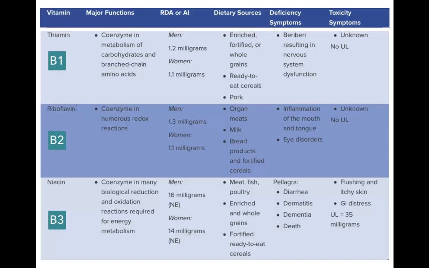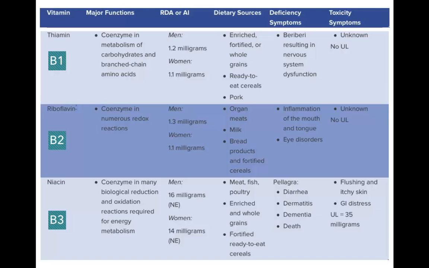And it's used to enrich and fortify processed foods today. Once we take that bran out, we can enrich it by sending some of that vitamin B1 and others back in. It's still better just to have the whole grains, though. That's always a better option.